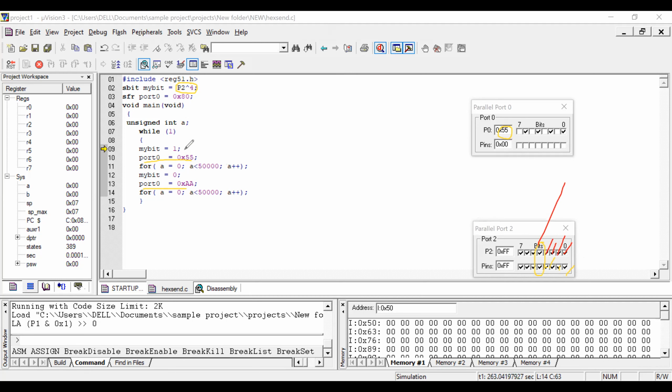We are only setting and clearing, setting and clearing, and in between you have a delay. For the delay, you use a for loop that just continuously iterates. That's it. Any doubt you can ask me.